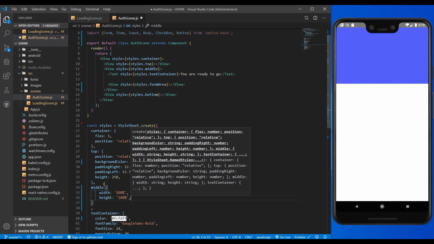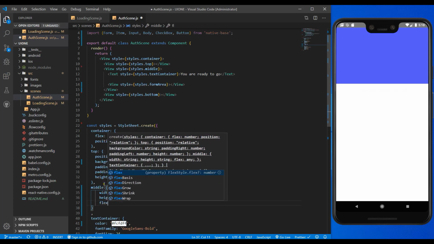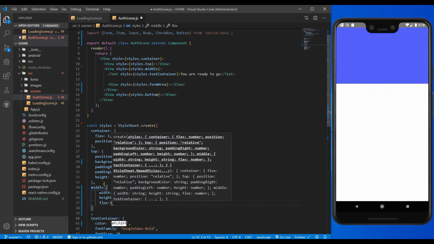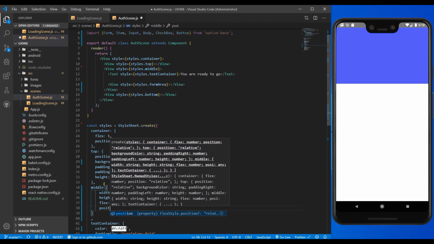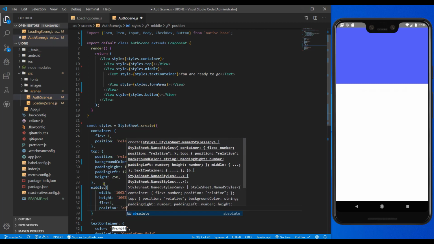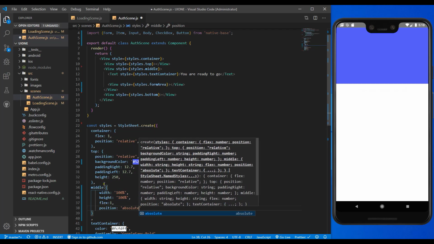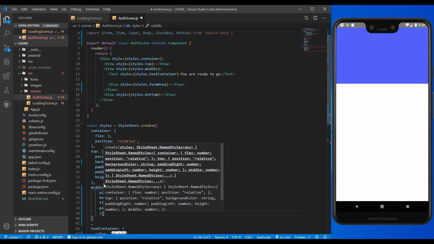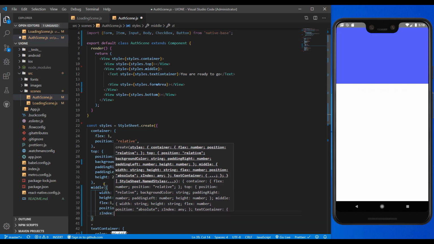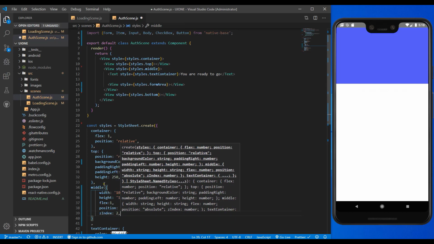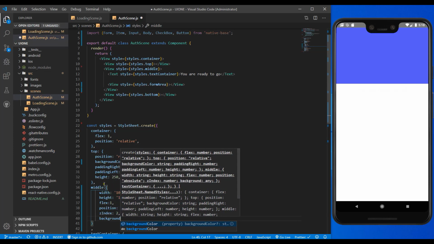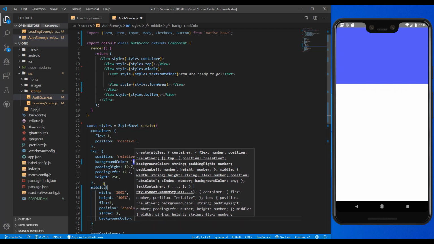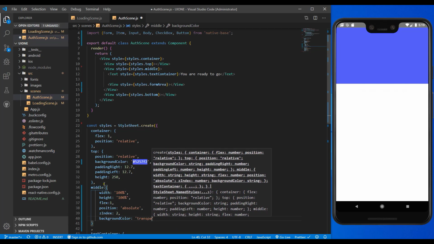It's going to take up the whole space, likewise with flex of 1, having a position of absolute. Now having a z index of 2, because you want it to come at the top of every other component. Has been also a background color of transparent,